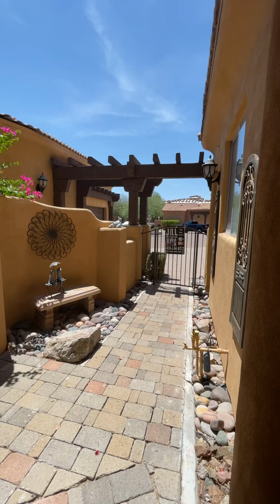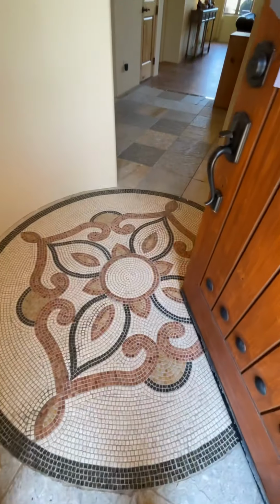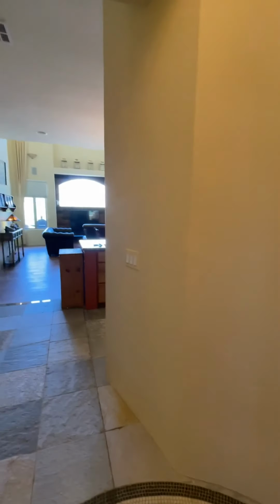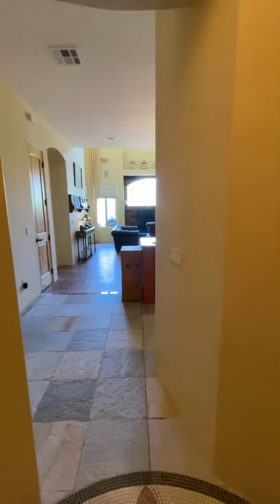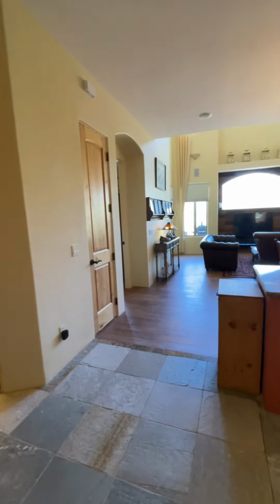Okay, this is the front entrance and the front door here. So you have a nice entryway. And this actual unit is right off the front gate. It's in the first building. So as you enter,